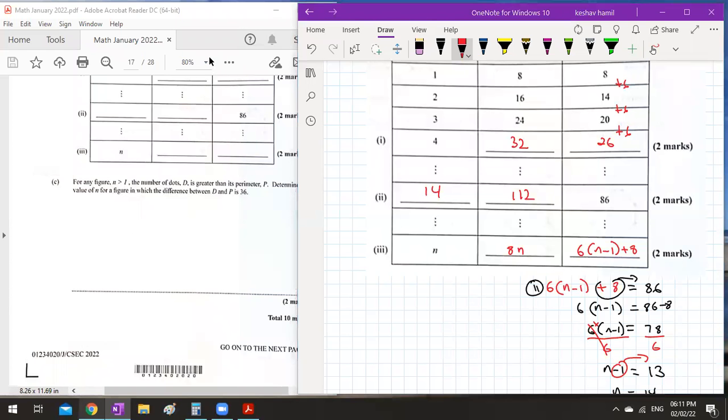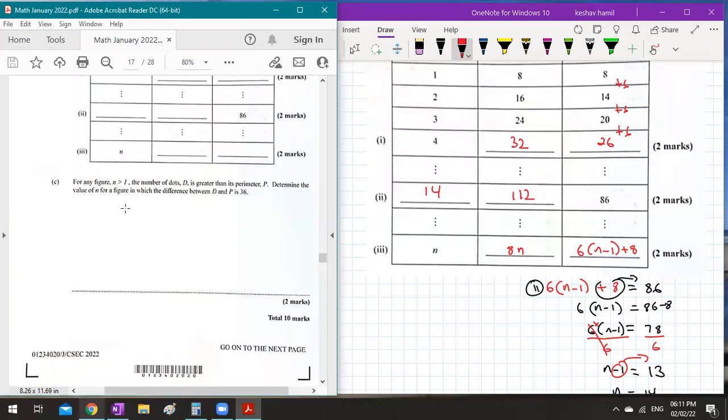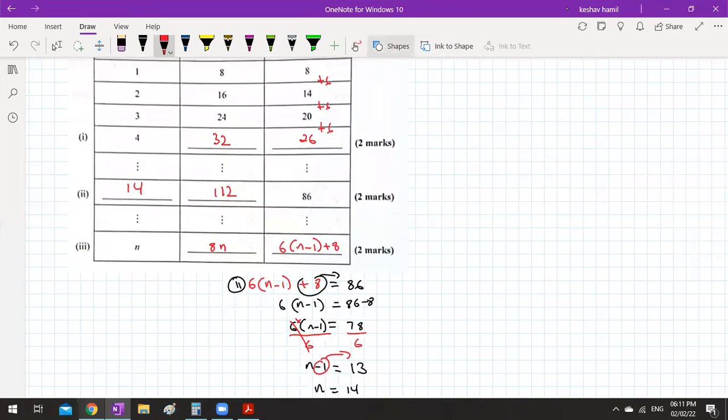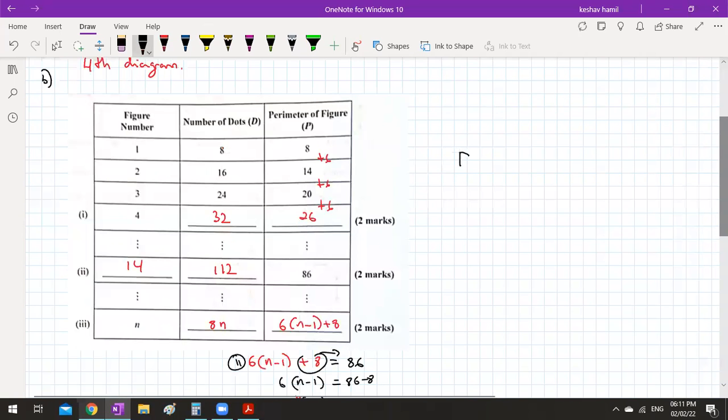So part C for the question. For any figure where n is greater than 1, the number of dots d is greater than the perimeter. Determine the value of n for a figure in which the difference between d and p is 36. Right? Now, what does that mean? Difference between d and p. Let me just scroll up a little bit there so I see which one is which. Difference between d and p